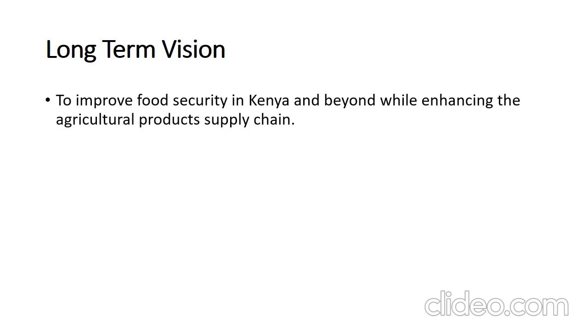Hi, I'm going to take you through some parts of the remaining of the project, which is the long-term vision and the activity timeline. First, we'll start with the long-term vision of the project, which is to improve the food security in Kenya and beyond while enhancing agricultural product supply chain, which is from the